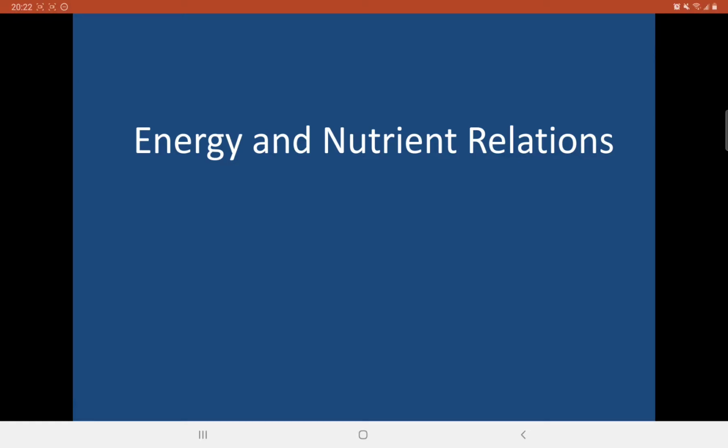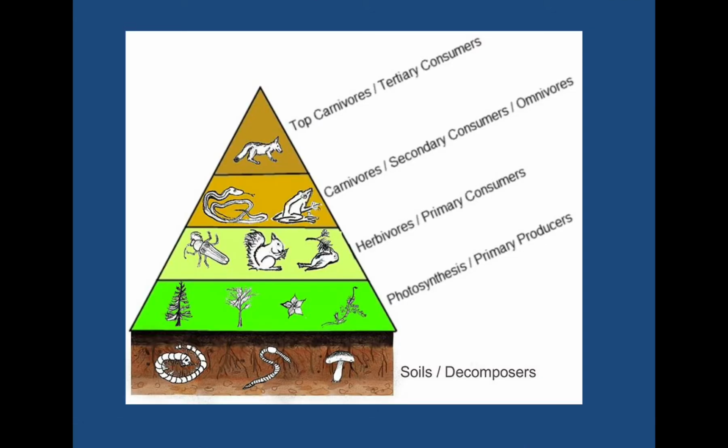Okay, so let's begin your third lesson, which is about energy and nutrient relations. Organisms use different materials from their environments as sources of energy and carbon. This is one of the ways by which we classify organisms, which is based on how they acquire their energy and carbon. So, autotrophic organisms, known as primary producers, so these ones here,